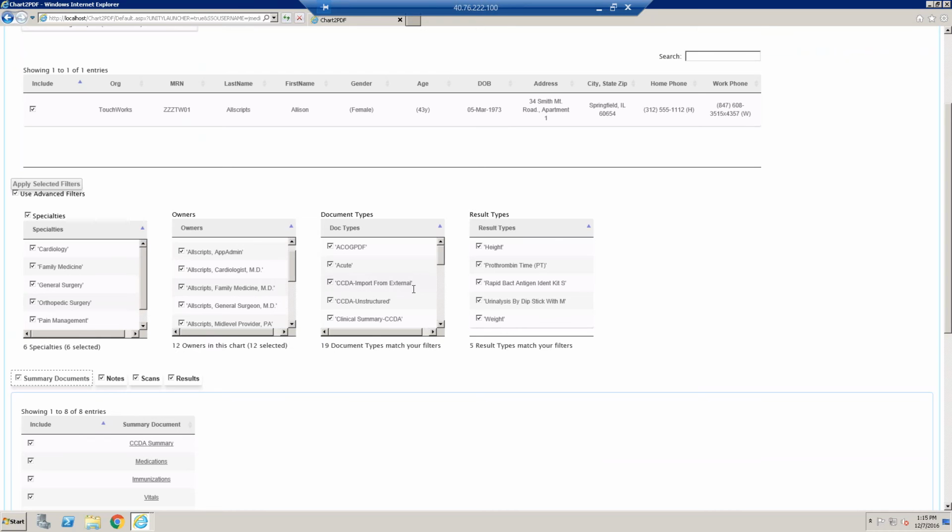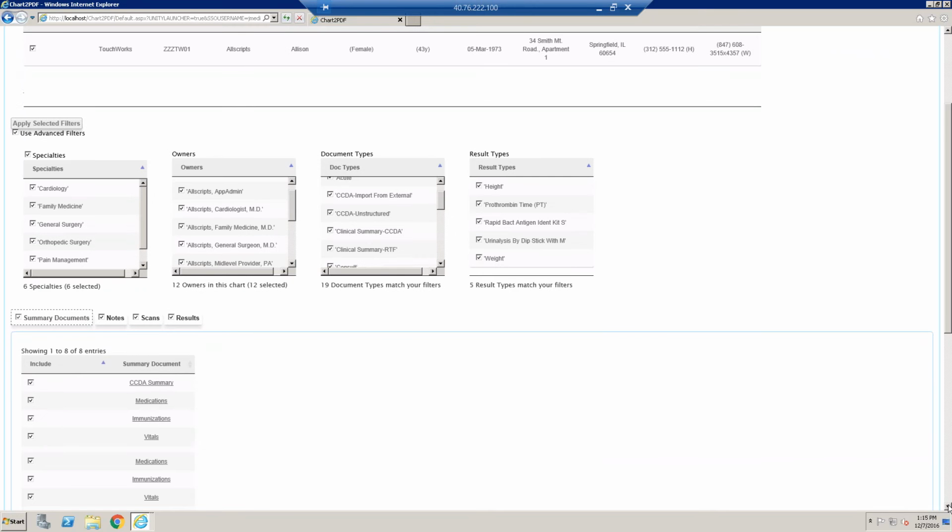These two sections that we're going to cover next are the most important and most beneficial parts of Chart2PDF. They're your advanced filtering and your summary document filtering. Advanced filtering allows you to filter your chart by specialties, owners, document types, and result types. As I click off and on certain checkboxes, please look at the bottom boxes down here to see how